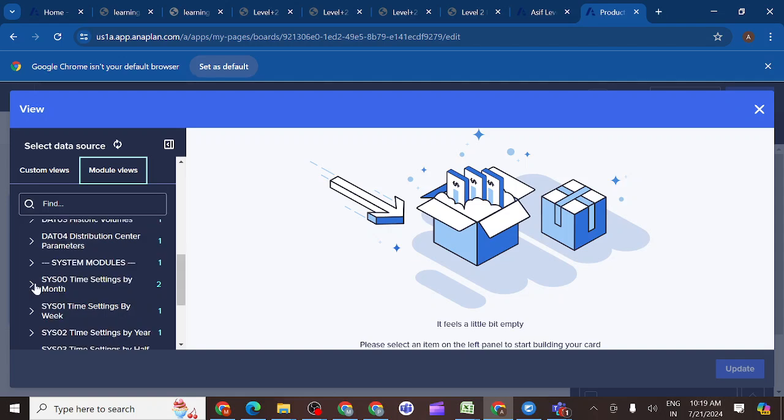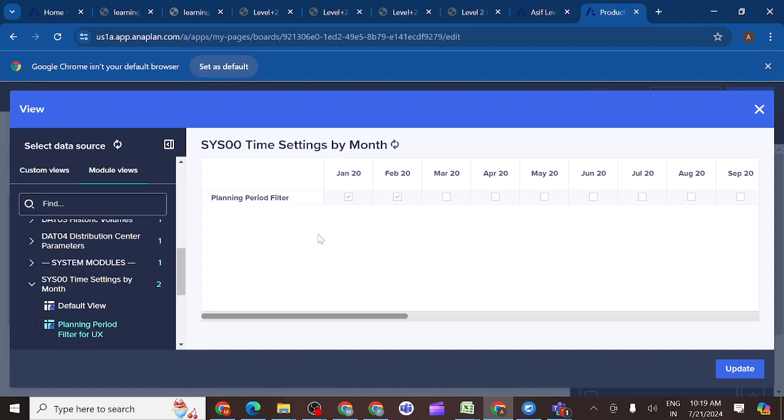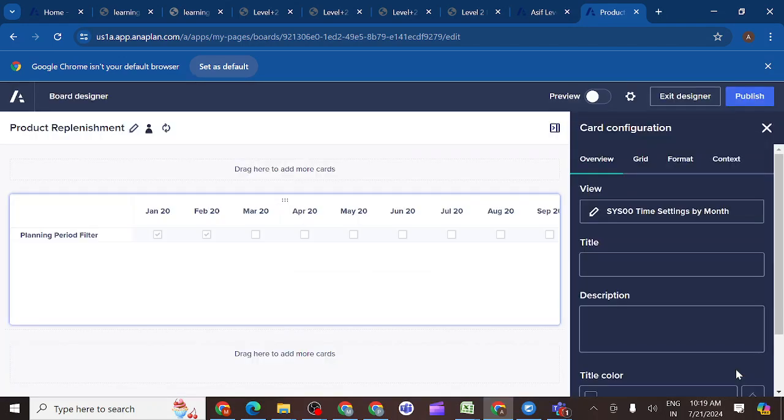Just now we have created planning period filter UX. We have created it specially for this purpose. So whatever month we select, that data only we can watch by updating this one. So you can see, and what is the title we should give,